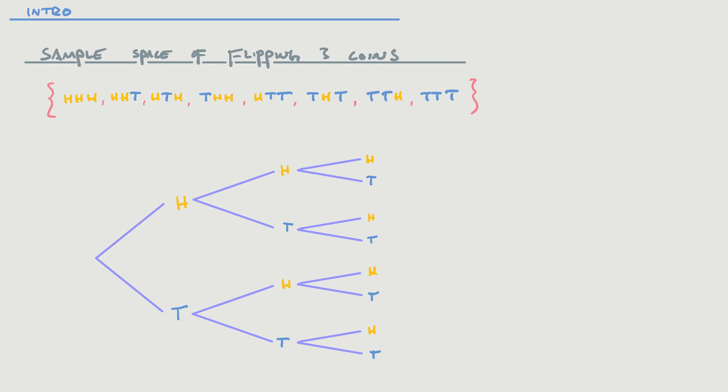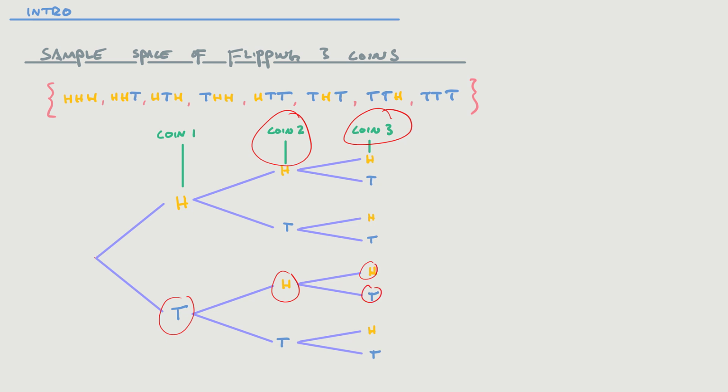The first coin being flipped, coin 1, can either be heads or tails. Based off of whatever it is, you flip the next coin, and now we're in this tier here. Let's say the first coin was tails. Then the second coin can also be heads or tails. Let's say it ends up being heads. Then we go to the third stage, and that can either be heads or tails. Let's say it's tails. You end up creating this pathway,